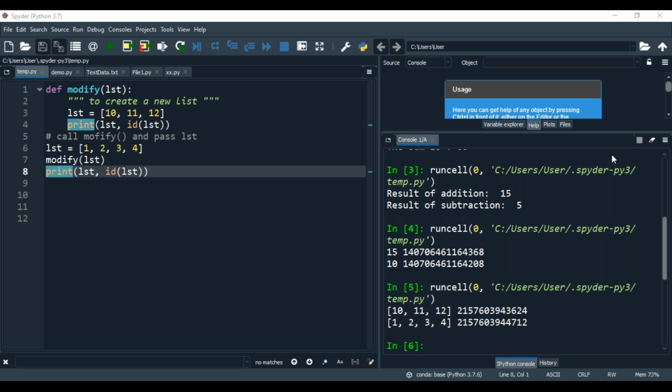Yes. These two lists will be allocated randomly in memory, because I told you. See, for example, you are taking a railway ticket.